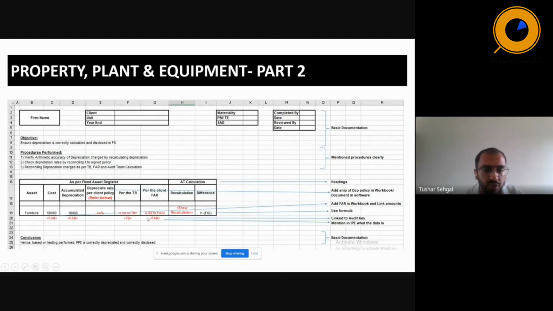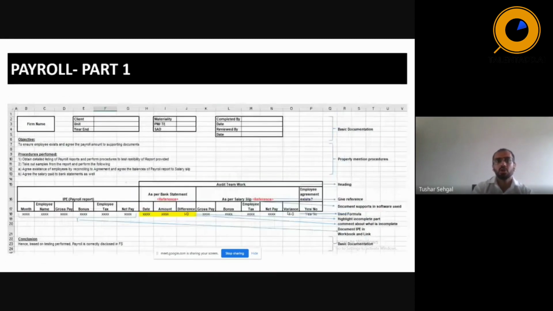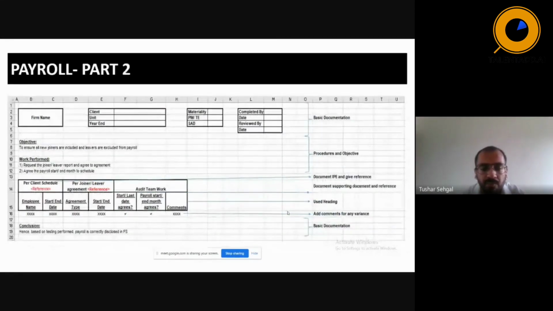We mentioned that we have used FAR for here and used FAR IPE for these two amounts as well. And again, in the end, it's conclusion, which is again just basic documentation. So you must be thinking that we have checked the